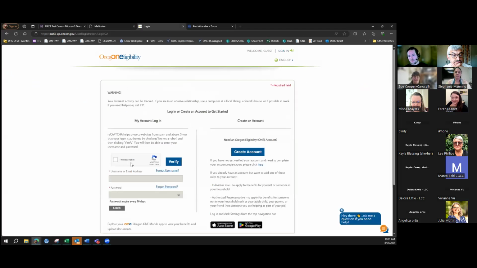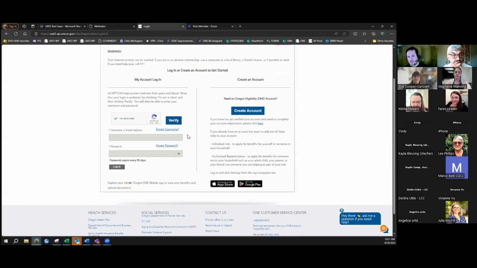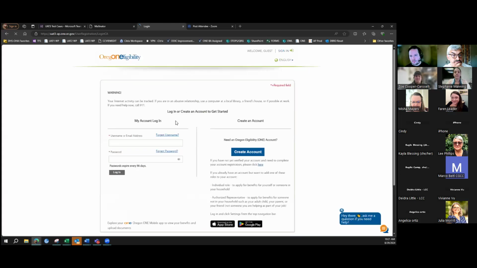This is a bit of a repeat of what we saw before. It's a similar process, but as we enter the information for this individual, it won't be able to find someone in the system to match them with. So it should take us through the applicant portal in a slightly different way.